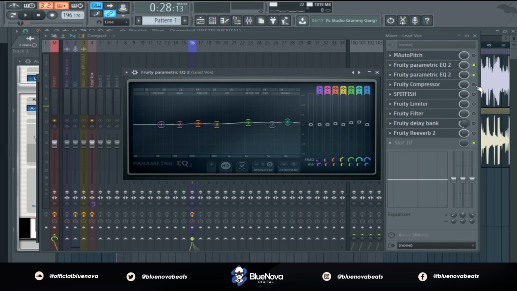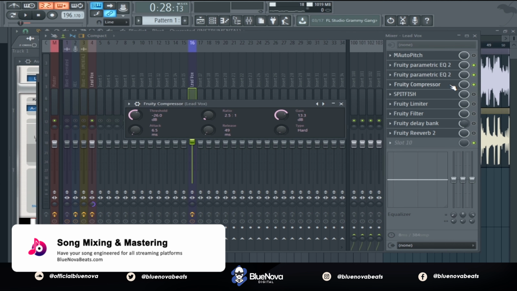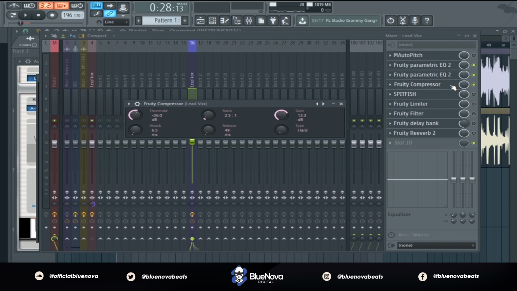So with it, there's a lot of sibilants, but we're going to get into that later. Right now, we're going to use a Fruity compressor. Now, what I'm doing is basically holding and gluing the vocals together. I want the vocals to be pretty leveled and very consistent throughout the entire mix. So the first compressor I have is just pretty much gluing those dynamics down and together. So these are the settings I have for it.